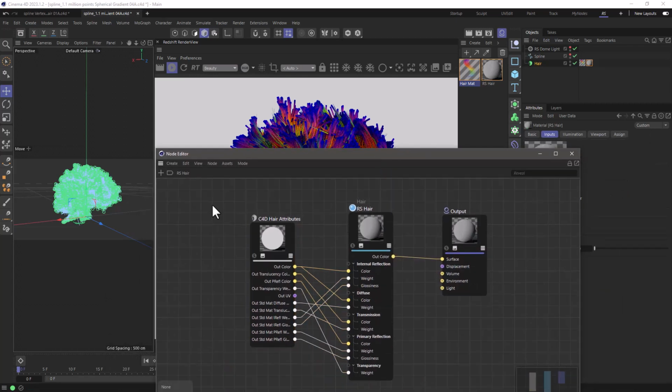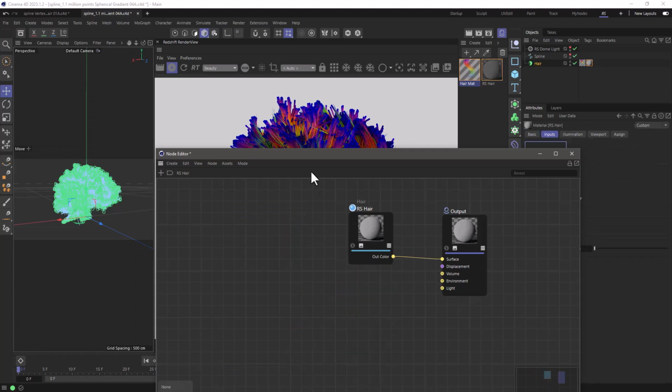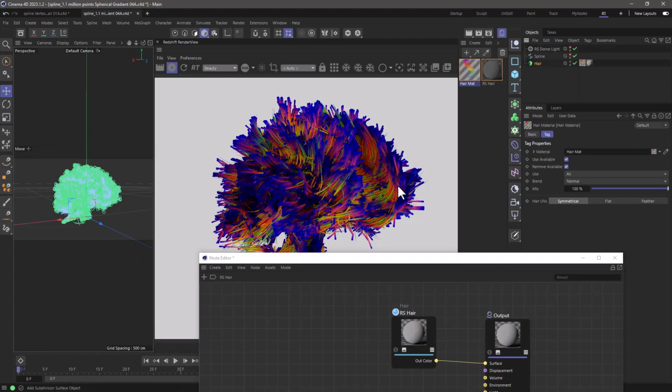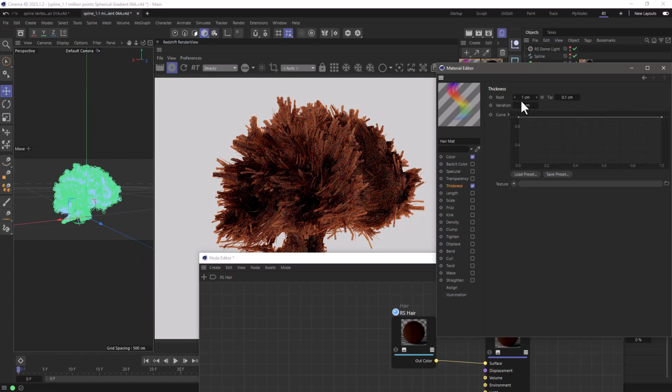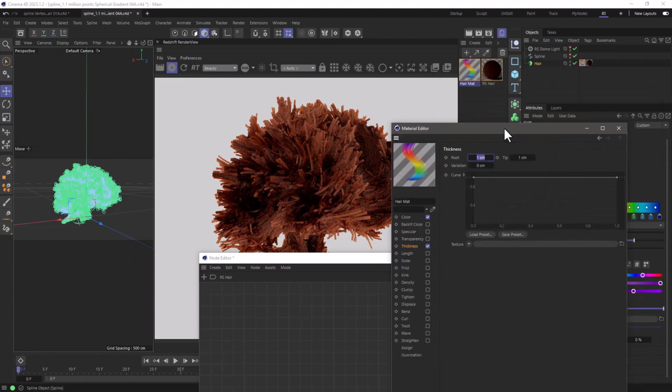So what we could do is, first of all, get rid of this. That's not necessary. Now this will help with the thickness and stuff like that. So you can say the thickness now at the roots and at the tips are 1 for the roots, thicker at the roots, that's why these are thicker, and 0.1 at the tips. If you set these to equal, then your hair object is going to have these strands quite equal. And you don't need to add a RedShift object tag on these hairs. RedShift interprets this as strands anyway. So you can say that I want these to be thin, so both the roots and the tips have equal